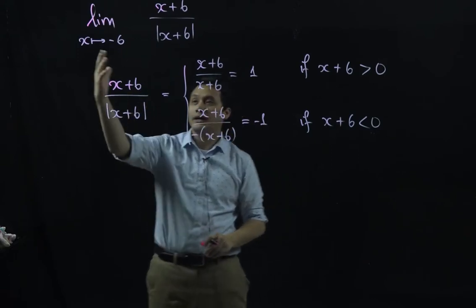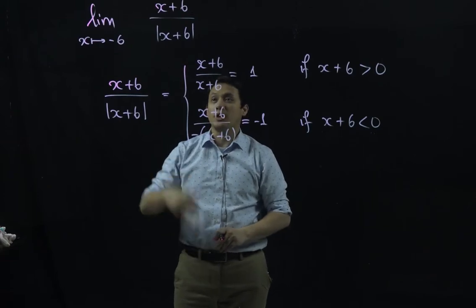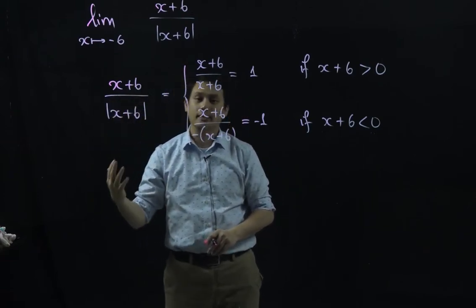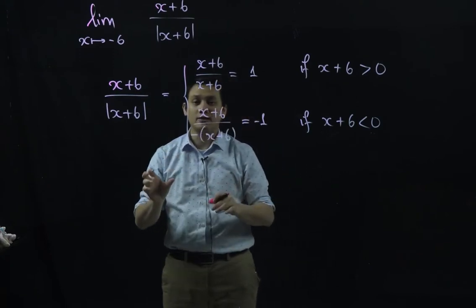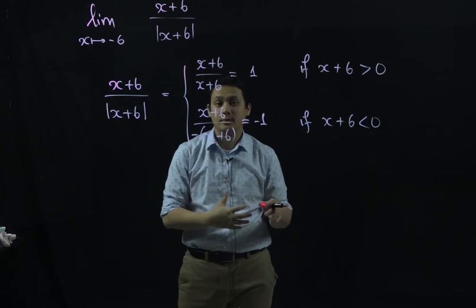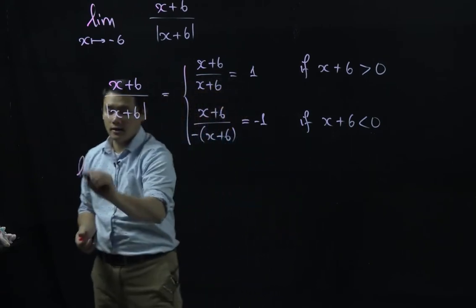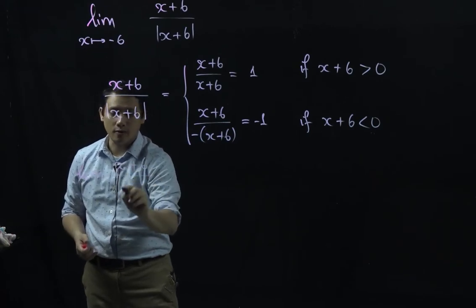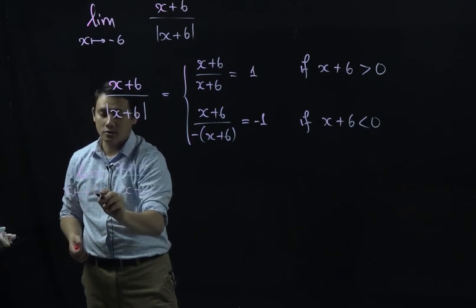Now you can find the limit of the function as x goes to negative 6. But when you find the limit, you have to consider the limit from the left and the limit from the right. To see if the limit exists, you need to have the limit from the left equal to the limit from the right, equal to the same value. So that is the limit of (x + 6) over the absolute value of (x + 6) as x goes to negative